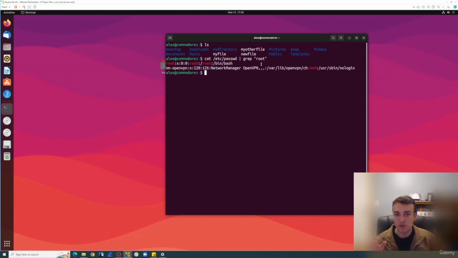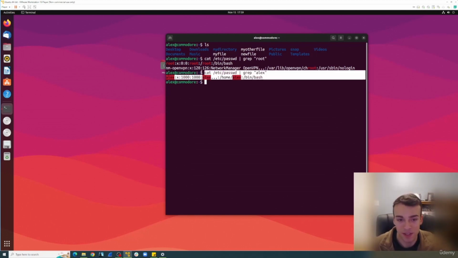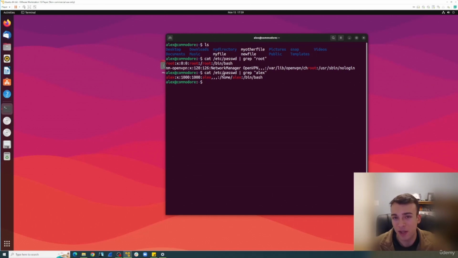You could even search for your username. If you press up, you don't have to retype it. So like mine is Alex, and I could search to see if Alex exists in the /etc/passwd file. And this file has all the usernames of the accounts on the system, so that's why this information is pulling up. And we're going to talk in depth about what this is later, but go ahead and practice with grep,